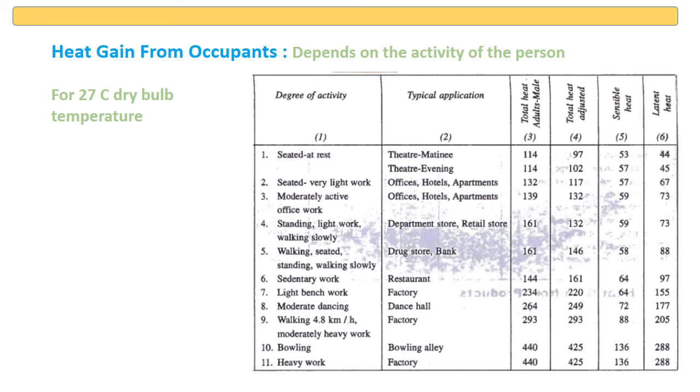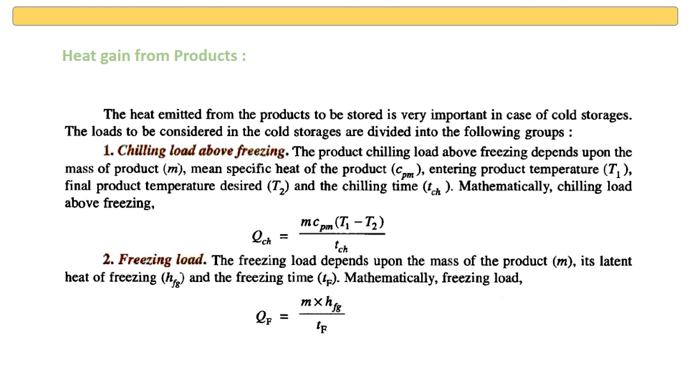So for this temperature, what are the sensible heat and the latent heat which are to be taken? If it is an adult male, then the factor will be higher. So what will be the sensible heat and what will be the latent heat? Because when any person is walking, sweat comes from the skin, and that is radiated to the ambient. So that is also adding to the latent heat part, and that latent heat load also has to be taken while calculating the cooling load.